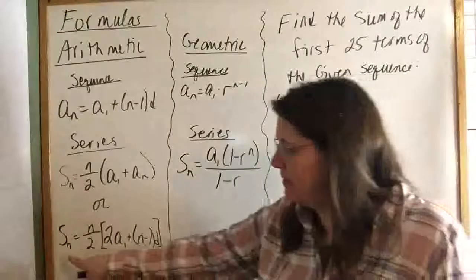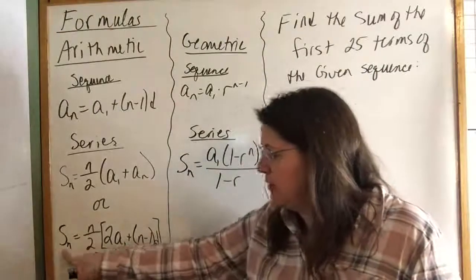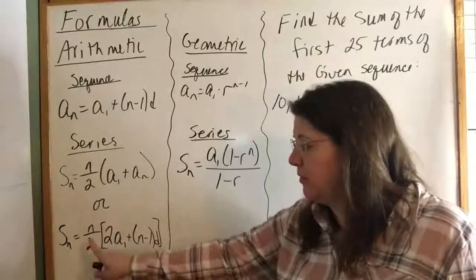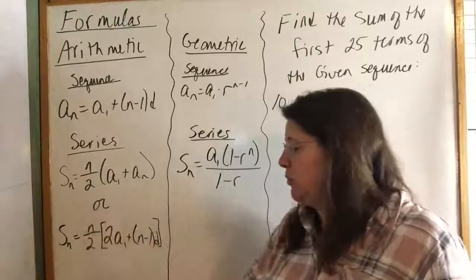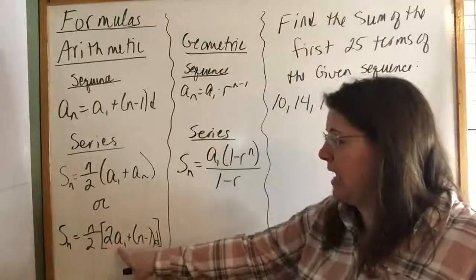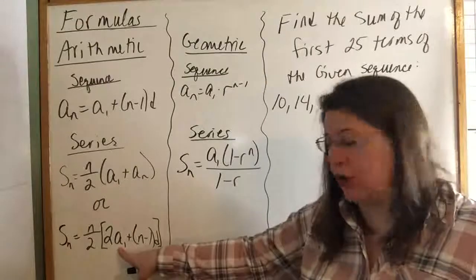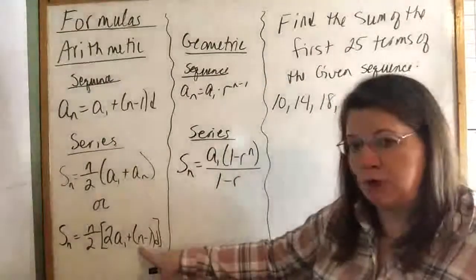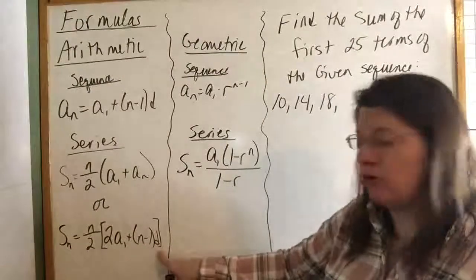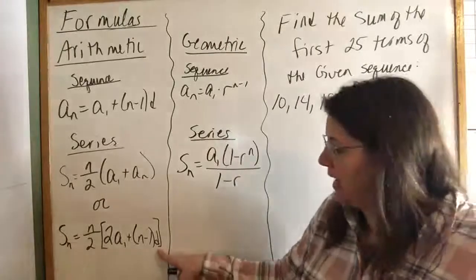Here, S sub n, the sum of the first n terms, is equal to n, the number of terms that we're adding together, over 2 times 2 times a sub 1. A sub 1 is the first term. And then n is the number of terms we're adding together. Your d is your common difference. You might recognize here